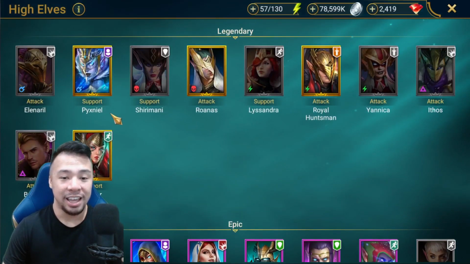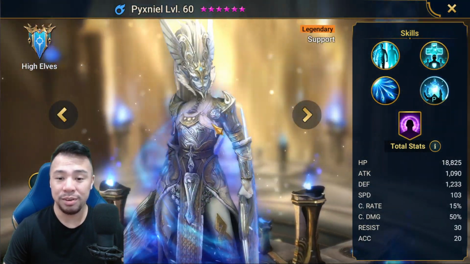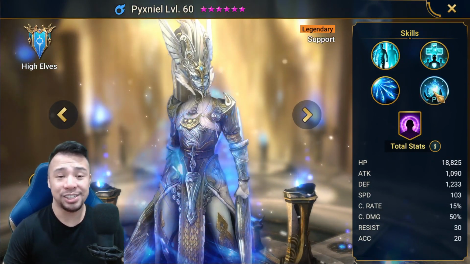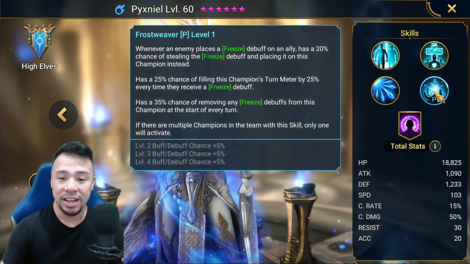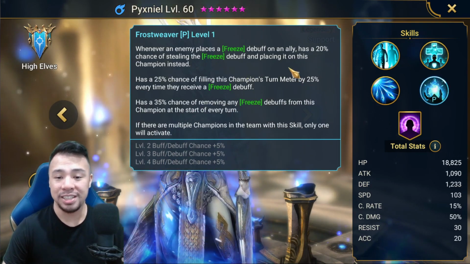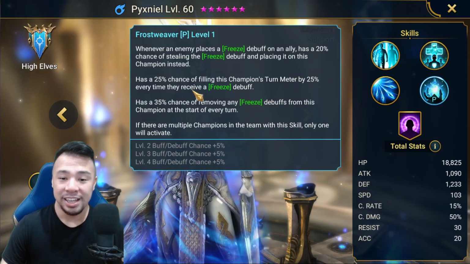And if you've done the Pixnil Fusion from a few months back, now she is a terrible champion, but she's actually kind of semi-decent for the Ice Golem because of her passive. If there is a freeze debuff on an ally, she has a 20% chance of stealing that. And if she has,